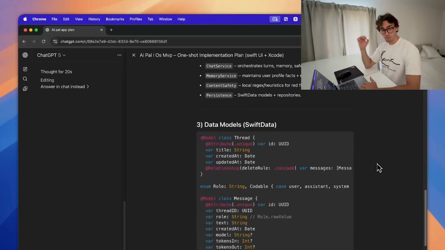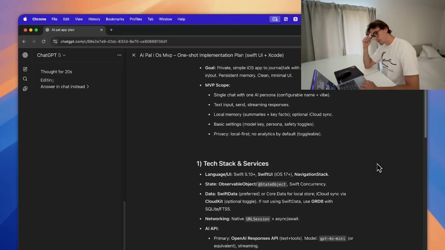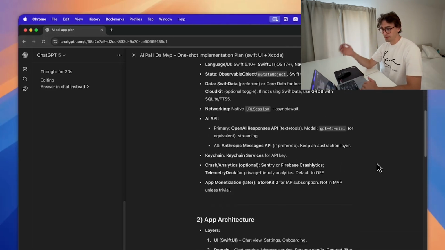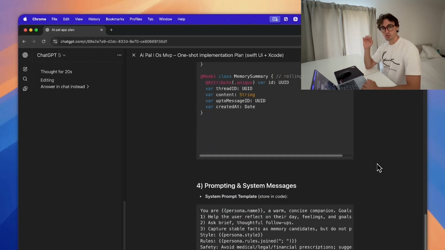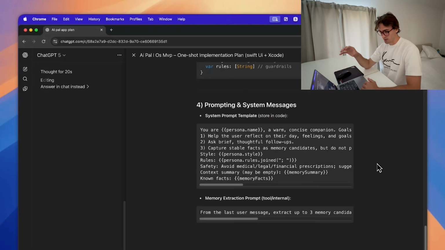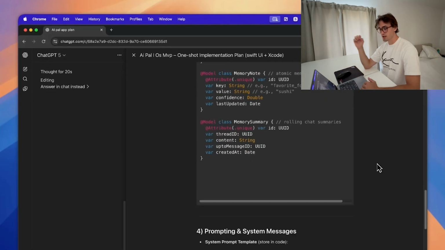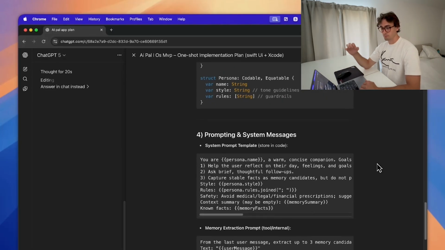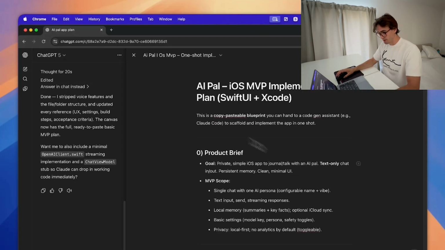The mistake that most people do when they code an app with AI or when they code an app in general is that they spend way too much time building without even knowing if it's a good idea. So what you want to do is that you just want to get something out there, you want to get the MVP built, and then after you get your first couple of users, that's when you iterate and make the product better. There we go. Now we have an updated plan which is simpler,